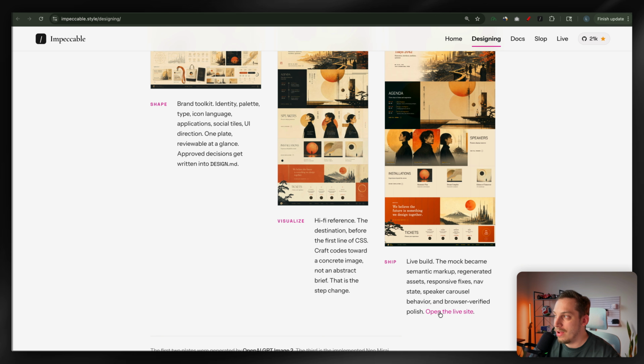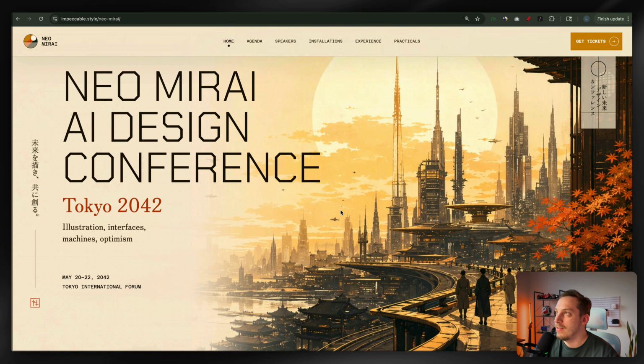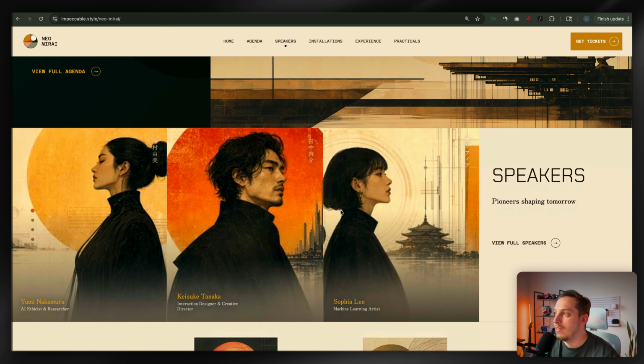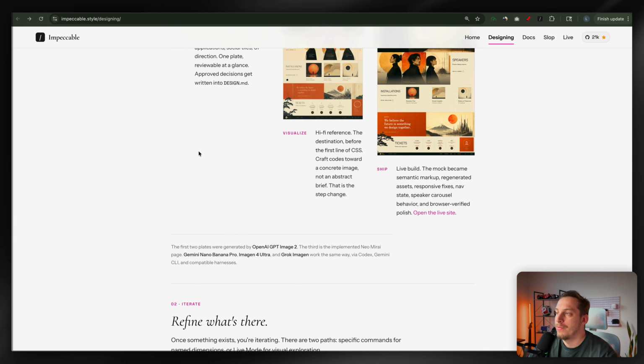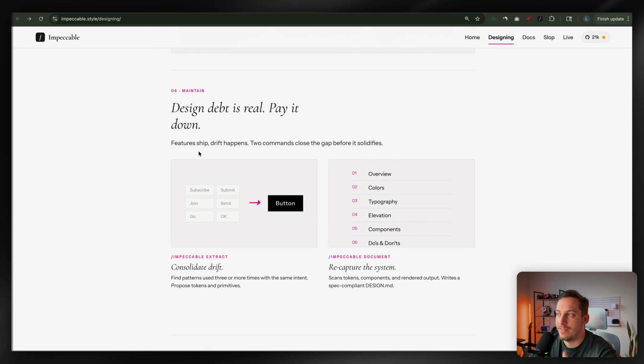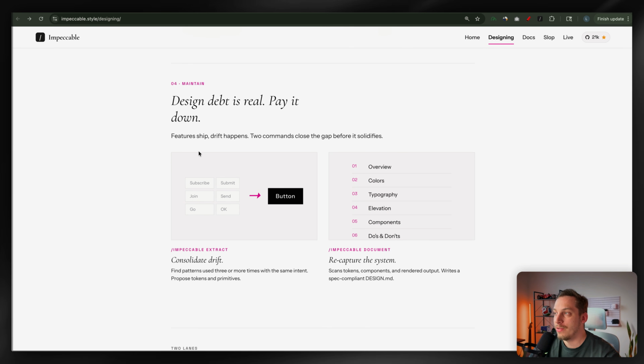So we can go ahead and click on open the live site, and you can see that this is the live site. I'm just scrolling through it. You see the different images that it's using. And this whole thing really is a 4-step process. And we're going to take our time in today's video to go through these 4 steps and build